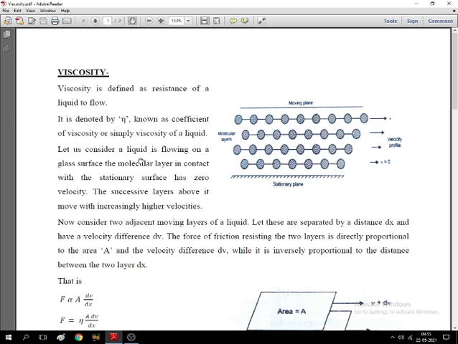Now let us consider a liquid flowing on a glass surface. The glass surface is a stationary surface and the liquid is flowing on it. It is considered that the liquid flows in layers of molecules. The molecular layer in contact with the glass surface has zero velocity, therefore it is not moving. But when we move upward toward the top of the liquid, the velocity of the